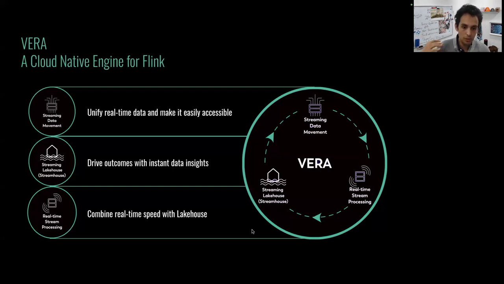And the last one, of course, is the Streamhouse, where you've all seen the evolution of everything on S3, and part of what makes Ursa magic is that S3-backed focus as well. On Vera, this comes by including another top-level Apache project called Paimon. This is a real-time open lakehouse format, and we call it the Streamhouse because it supports streaming. It allows you to stream data in from all those different places and then store and join against it in near real time. Is it as fast as storing it in memory?